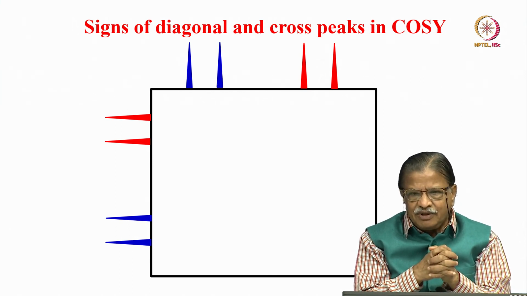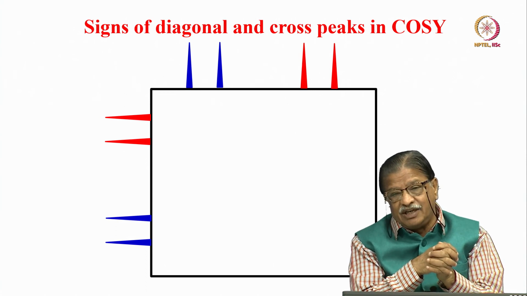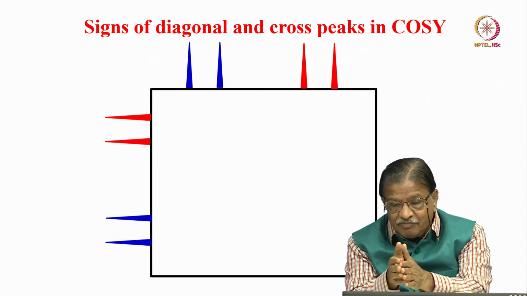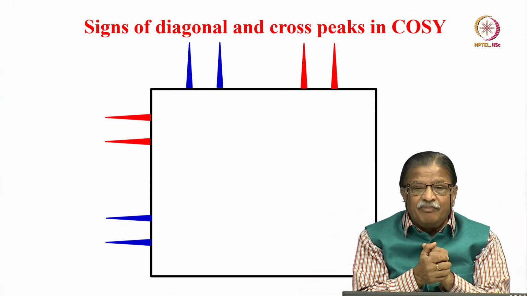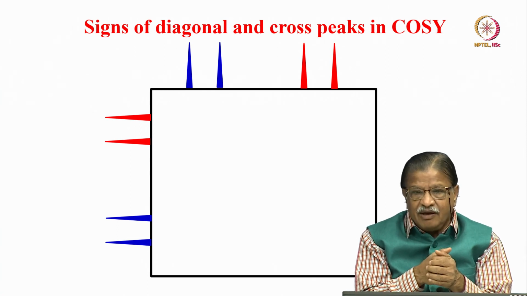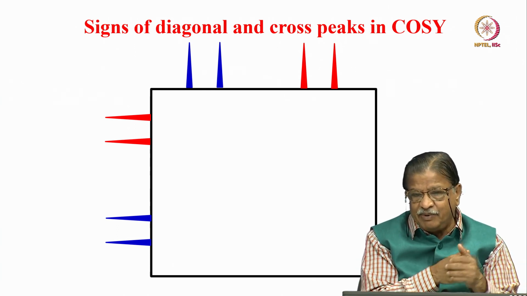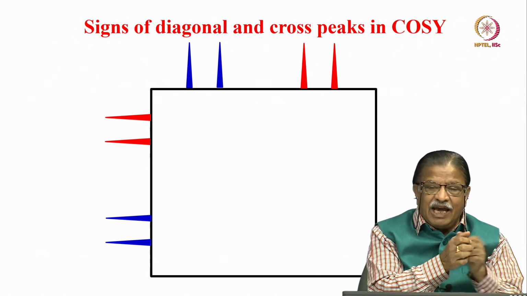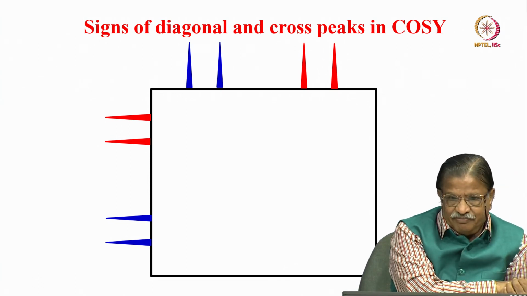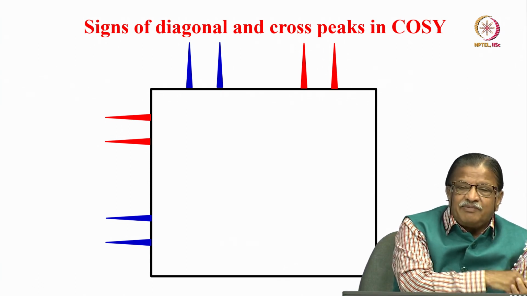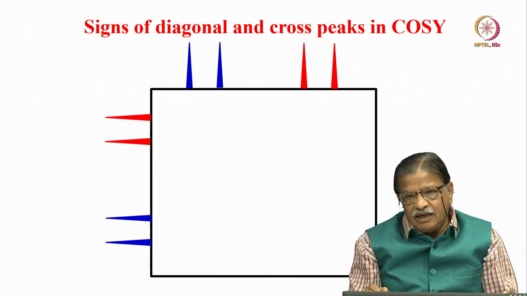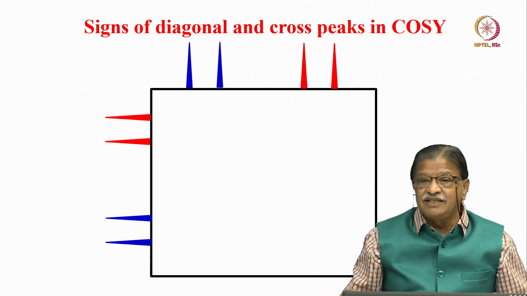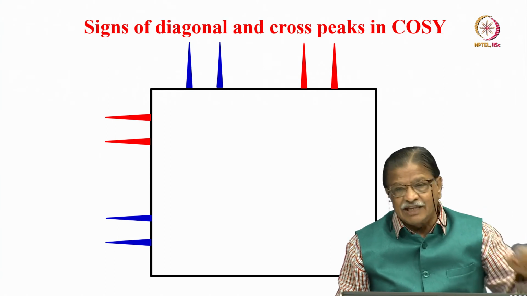There we understood that, in addition to individual chemical shift offset, there is also evolution due to J coupling during T1. When you apply a mixing pulse, there is a transfer of magnetization from one spin to another spin. Antiphase coherence transfer takes place between two spins. As a consequence, spin A, which was precessing at one frequency, will also give its magnetization to spin X, and then it starts precessing, in addition to its own frequency, at the frequency of X in the T2 dimension. Same thing for the X spin.